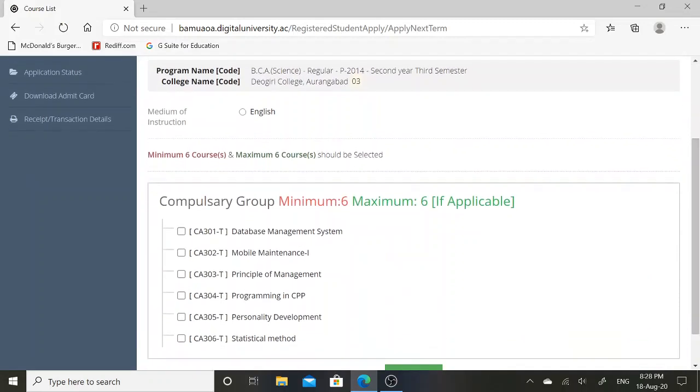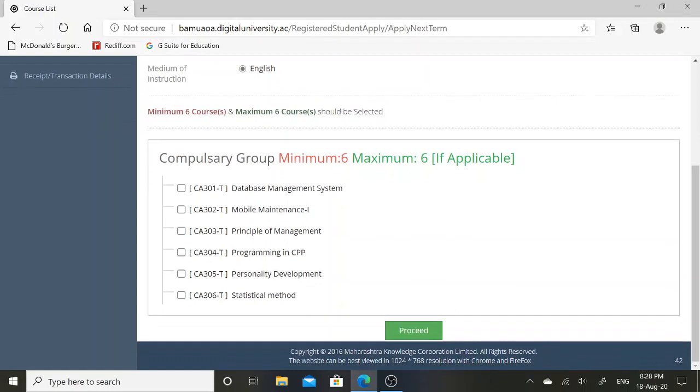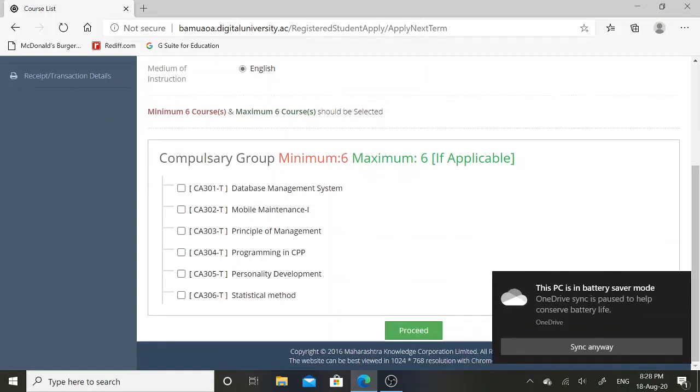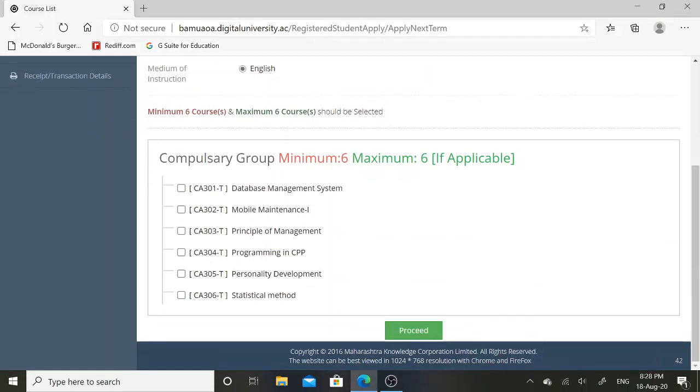Then you need to select this radio button, that is medium of instruction is English. Then later on you will find the list of subjects that you will learn in your second year or third year.